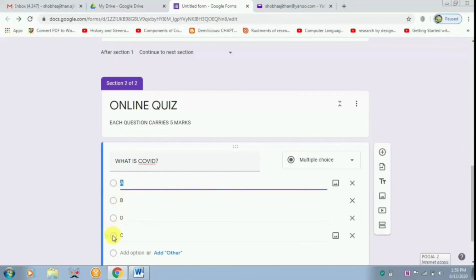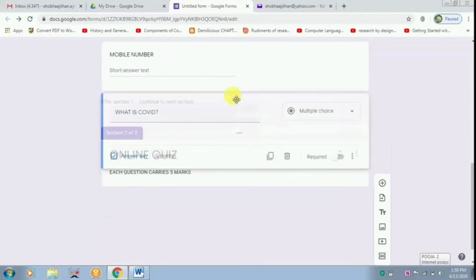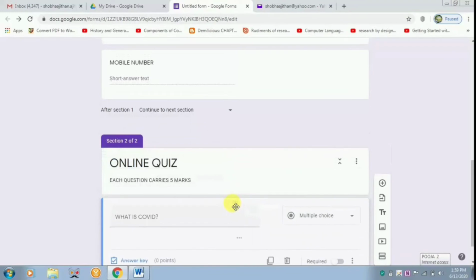You can push C to D or B to D. It is your wish. You can shuffle all these options. Not only that, you can shuffle the question with these 6 points over. You can bring it either on the top or down. These options are available.